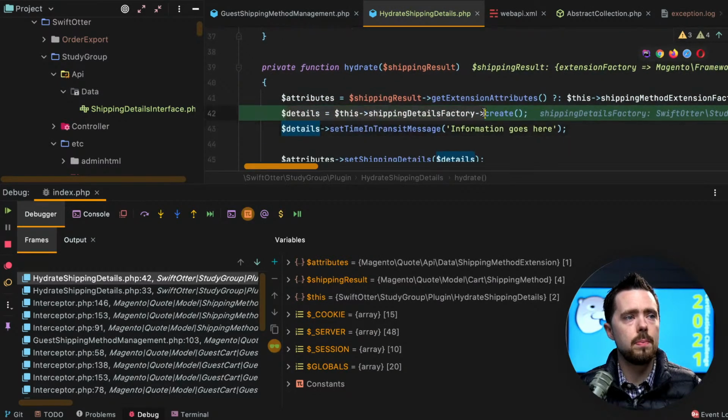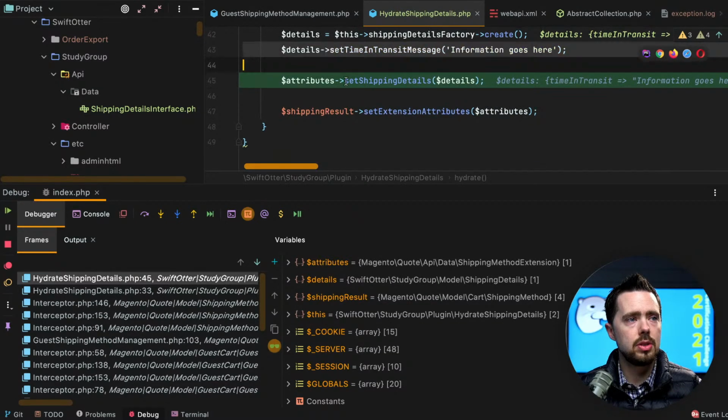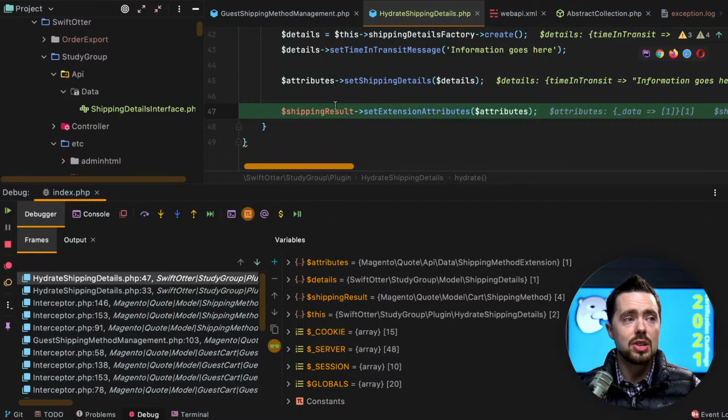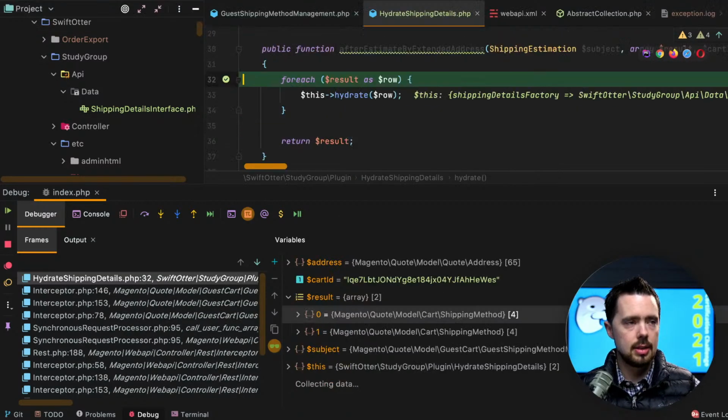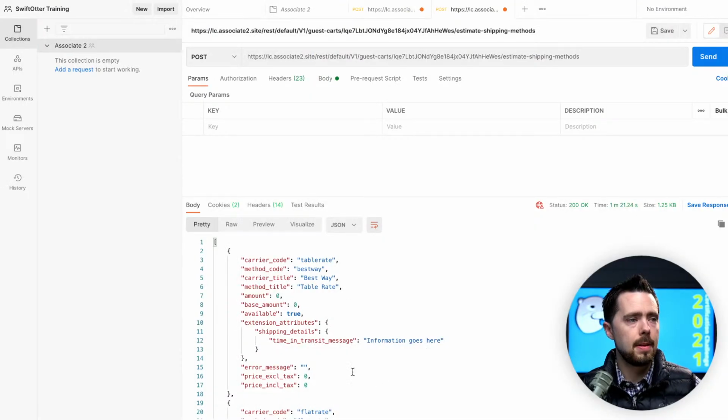We're creating our own class that will be injected in there. Set time in transit message, set shipping details. We are now setting the shipping details on our extension attributes, and we are now setting extension attributes on the shipping result. It looks like that was triggered twice. The result is we now can access extension attributes.shippingdetails.time in transit message from our JavaScript. So we just override that template, add it in, and we are good to go. That's honestly pretty easy, and that's a great way to modify the shipping method step of placing